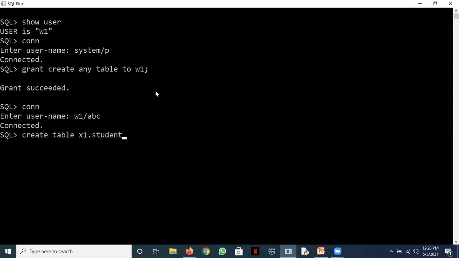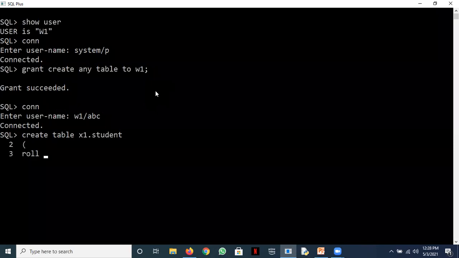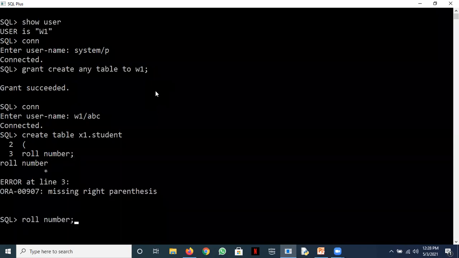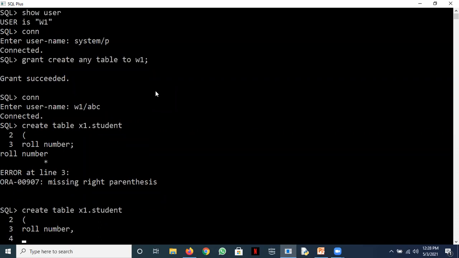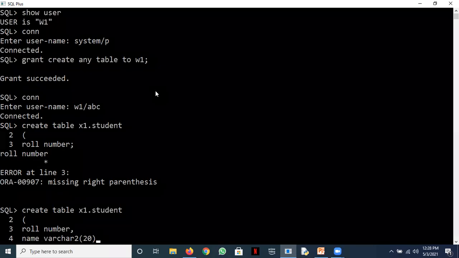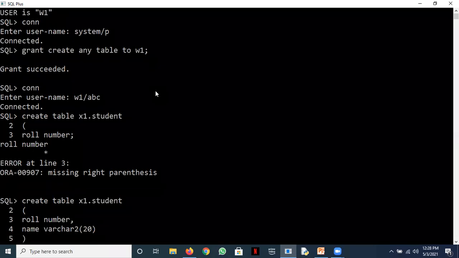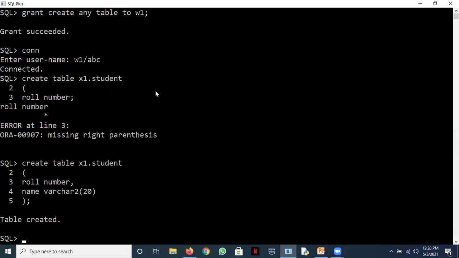I'm creating a table student into the account of the user X1, okay. So we have a roll number and a name, two columns I have taken, and then this. See, table has been created.